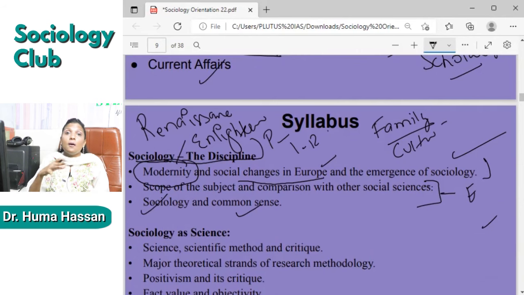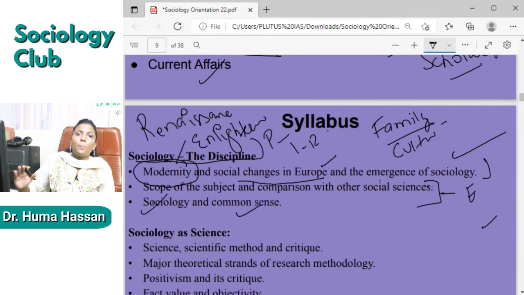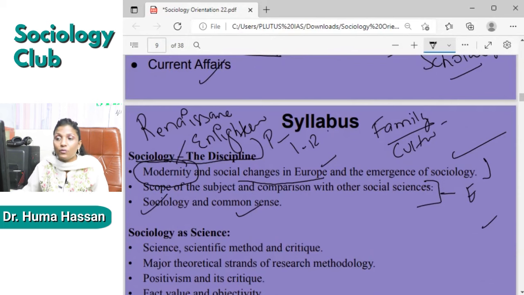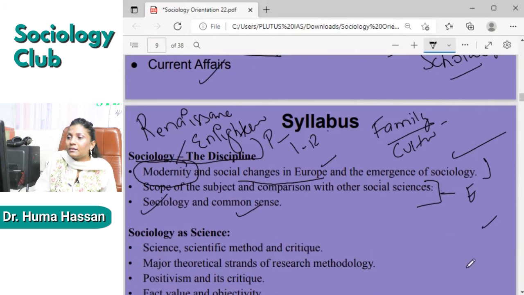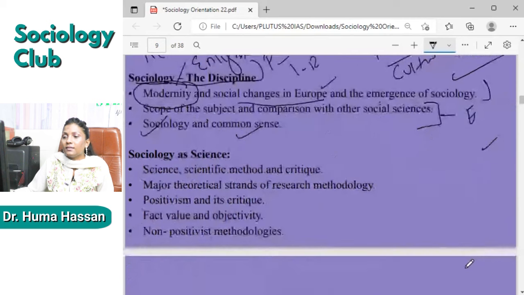It should not be of my circle of influences, and that's why I'm saying it has to be properly checked. So that is the nature of the syllabus. And if I say that it is a very important topic, a 10-marker question always comes. And this is sociology as science and